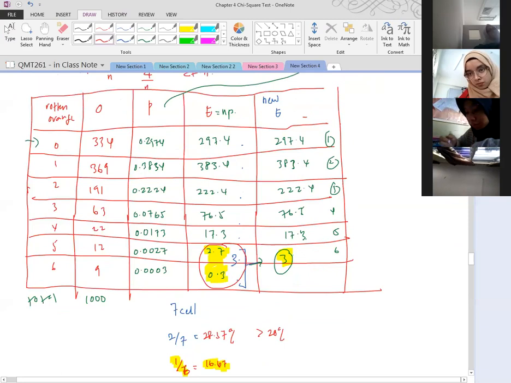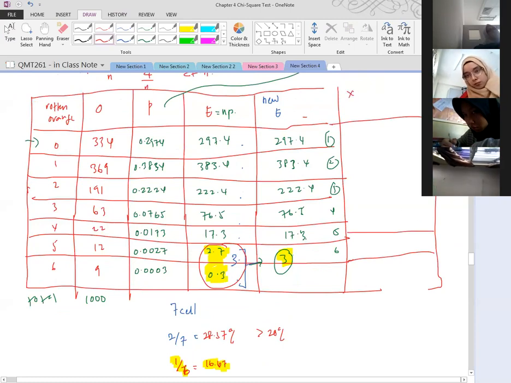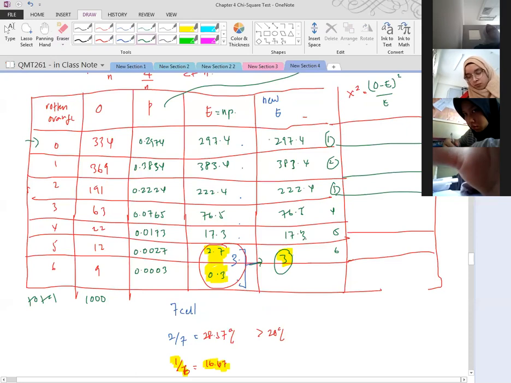chi-squared. So the value of chi-squared here is the summation, but no need to do the summation because we need to calculate for each individual cell. So this is O minus E squared divided by E. So this one should be 334 minus 297.4 to the power of 2 divided by 297.4. So this one should be equal to